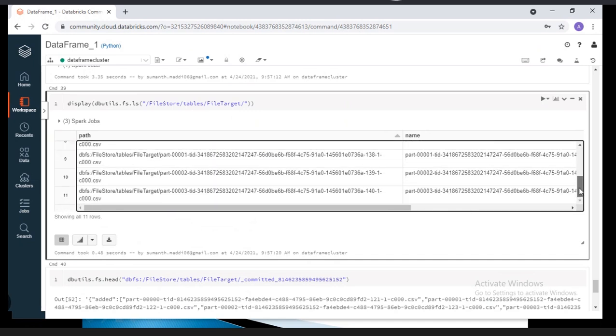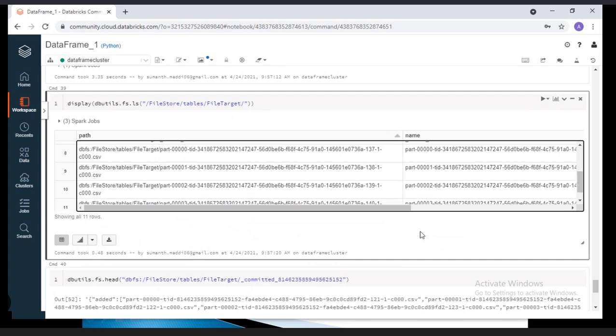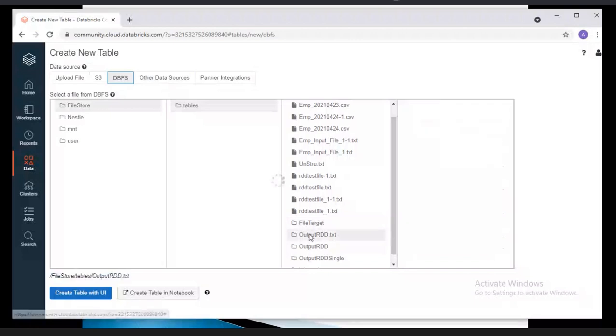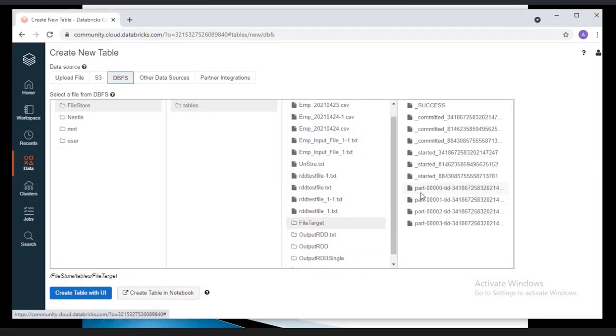How many part files? Only the 4 part files you're able to see, because you're using the overwrite mode. It will do the truncate and load. Existing files it will delete and it will create the new files.